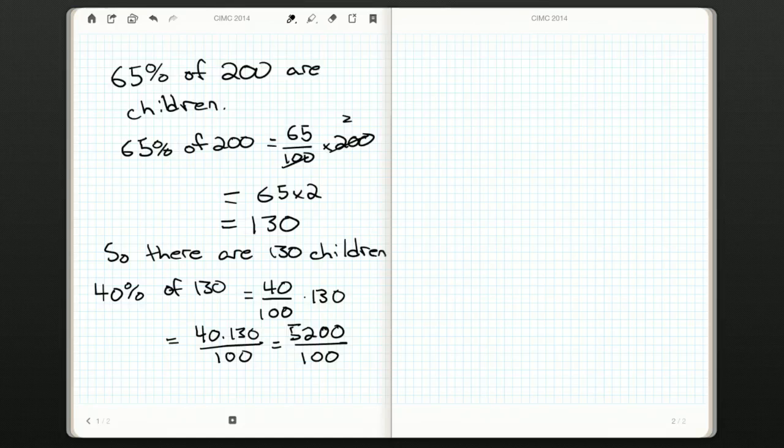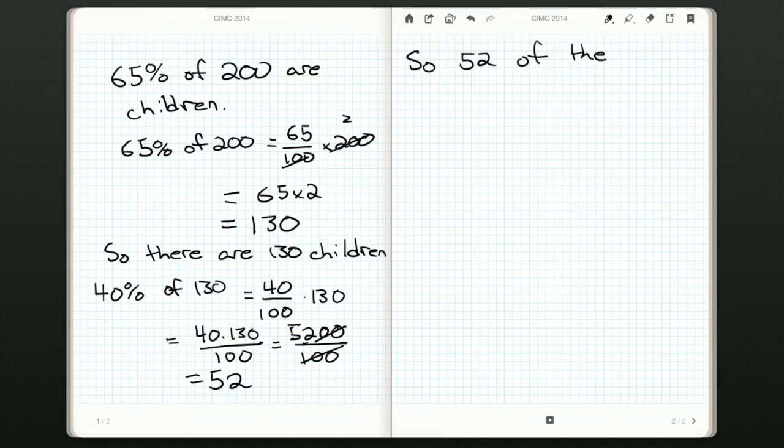I notice that I have 5,200 divided by 100. These guys are going to cancel out. And I'm going to be left with 52. So 52 of the children